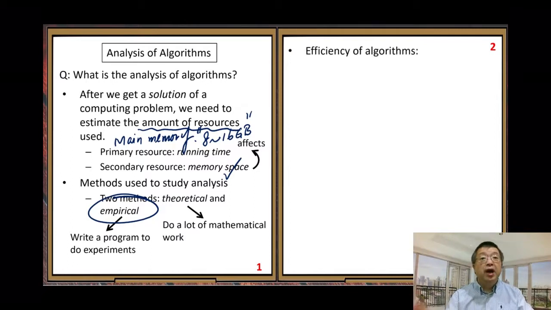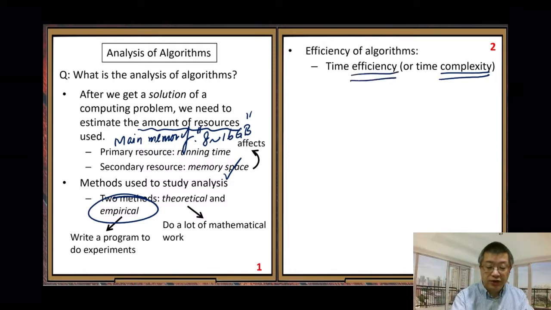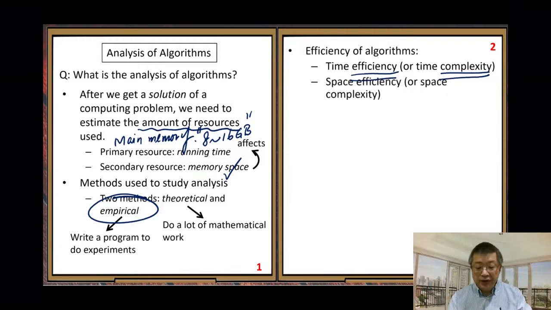Then when we do the efficiency analysis, first, time efficiency, running time efficiency. Sometimes we call it running time complexity. So this is the relatively old traditional terminology, and this is the recent terminology. They are the same thing. Another is space efficiency, space complexity. In a similar way, we call it our secondary resource. All right. So now